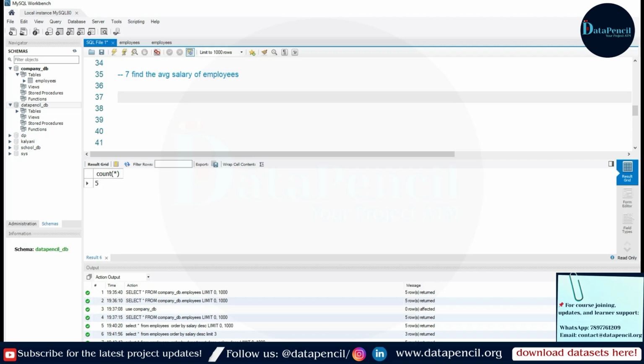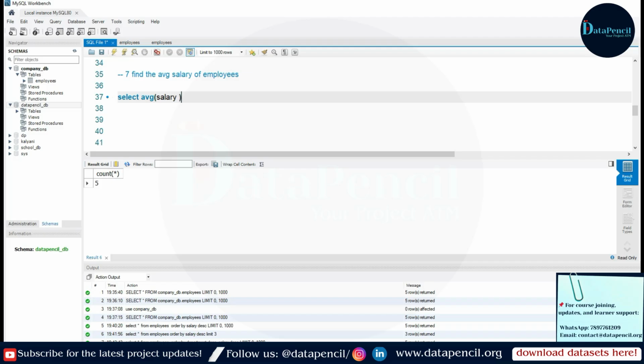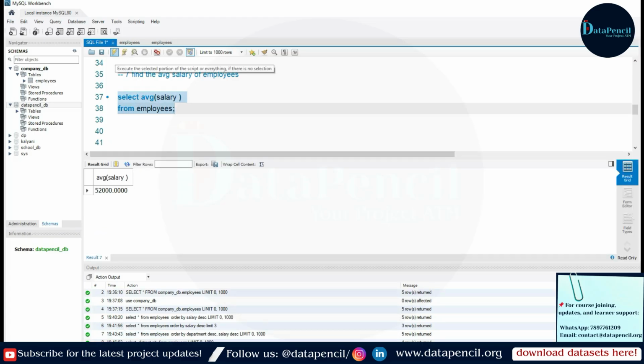So you will write select salary, but not the normal salary. It should be average, so we will use the average function, from the employees table, and when we run it, we get our average salary, 52,000.